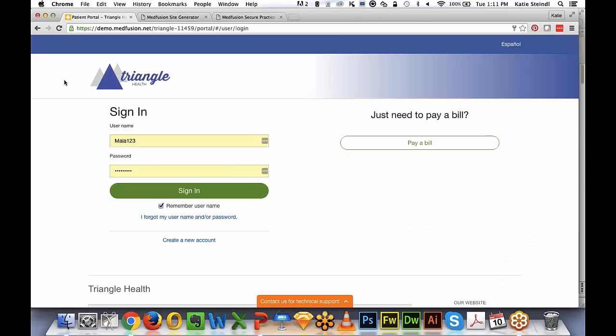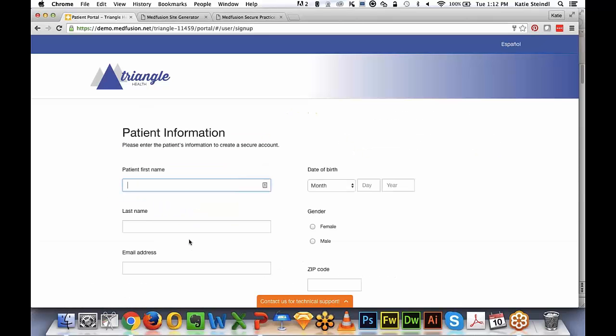Okay, so here I am at the patient portal. One thing I wanted to reiterate is that, again, this is all based on invitations, however they are sent, whether it's an automatic invitation that's created when you register patients in the EMR system, or a bulk invitation from Practice Portal. Therefore, if you do have create an account at your practice, and somebody were to go through here